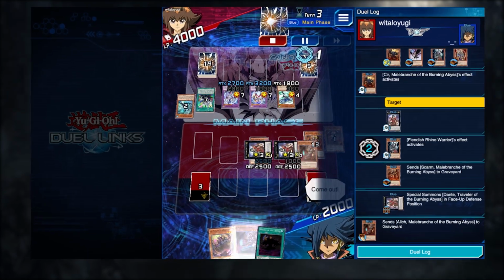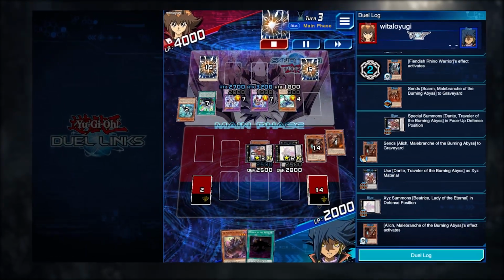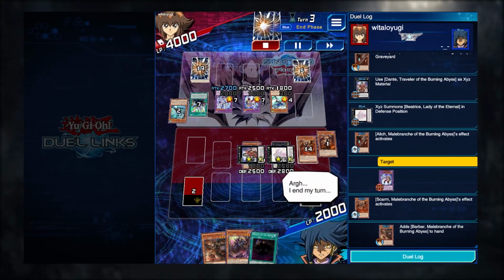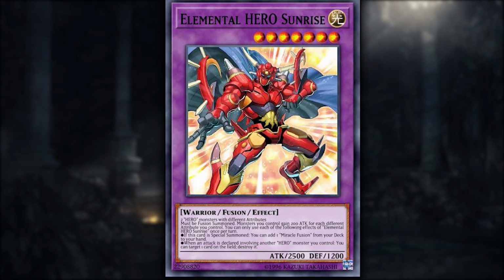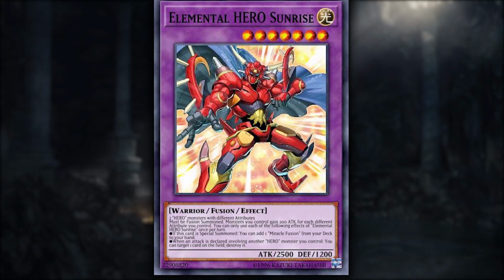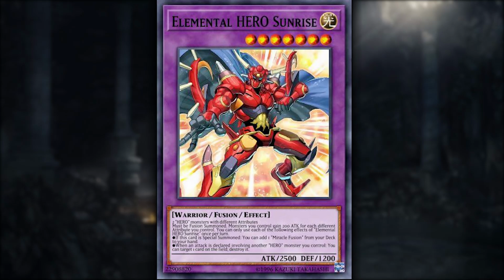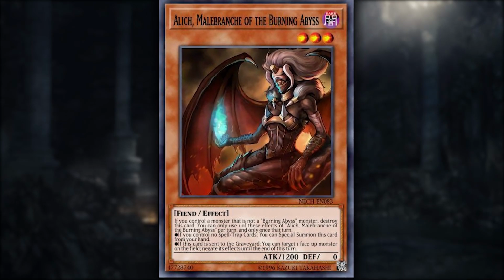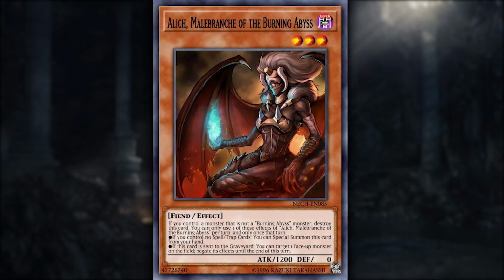On your turn, it's a lot easier to use. It's a good way to bait out Photon Lord or Zeta just like Farfa, and I found Alich to be consistently useful against Elemental Hero Sunrise on my turn, lowering its attack to Beatrice and Dante's level while also preventing his pop in the battle phase. Running Alich at 3 copies, I consider him to be the last of the genuinely good main deck Burning Abyss